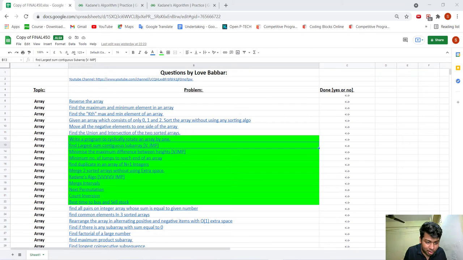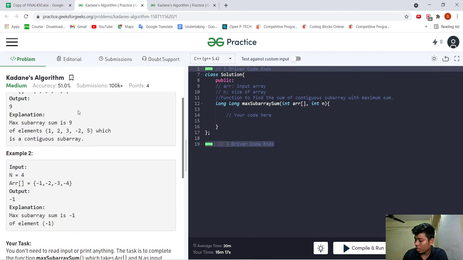Okay, so hi everyone. In this video, we will be solving a question called find the largest sum contiguous subarray and Kadane's algorithm. Both the questions are the same because the technique used to solve both is the same. So let's look at the question first and then understand. As you can see, the question is we have to find the largest